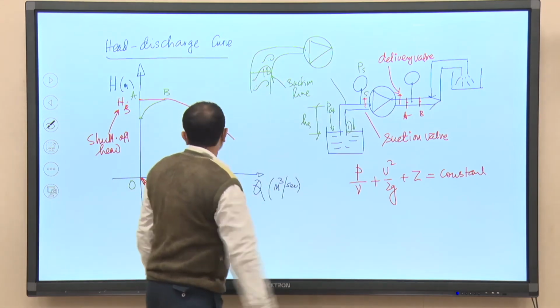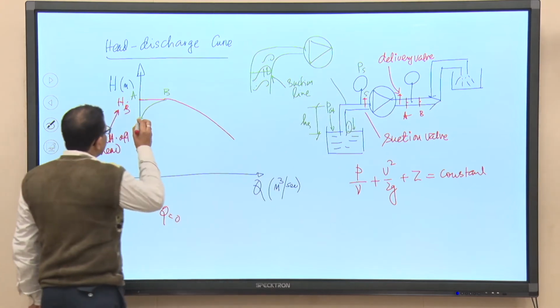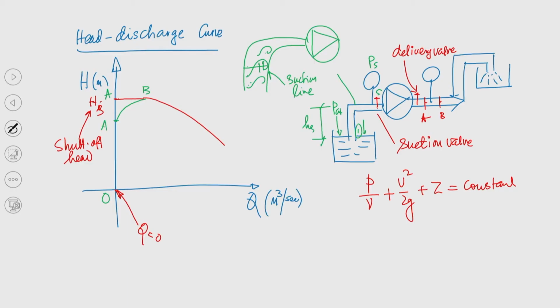Because of this recirculation loss, the shut-off head will be reduced to the extent A prime, right. So, now the new shut-off head will be OA prime, and then the curve will be like this. If I now try to draw the new curve, it will follow the original curve, again there will be some kind of losses. So, if I take red color,